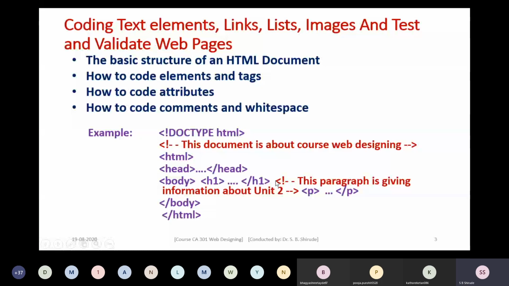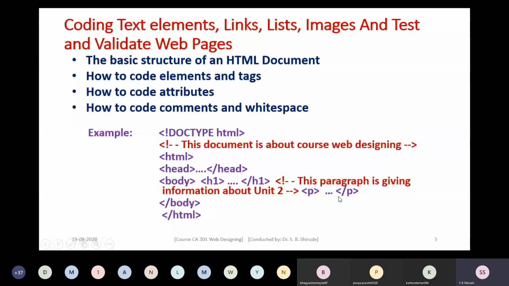Likewise, here in the body section after the h1 tag I have put a comment: this paragraph is giving information about unit 2, and in it I will add all the information related to unit 2. This comment is for me, so that if in future I open this HTML page and forget the use of this paragraph, I can understand it from the comment.